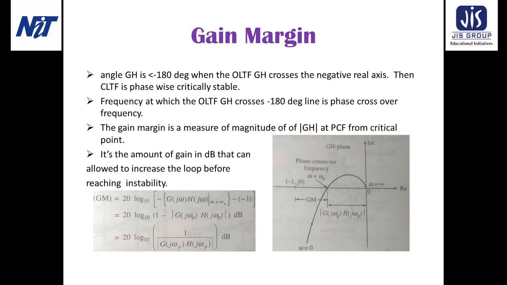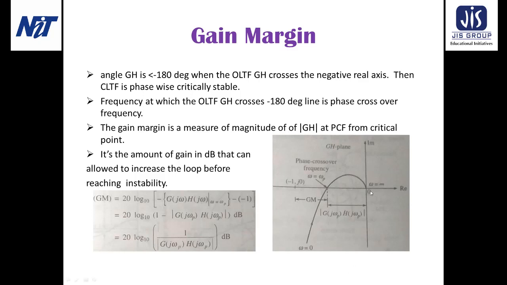So, next we will discuss the gain margin. From the relation angle of GH equal to minus 180 degree, when the open loop transfer function GH crosses the negative real axis, that is the minus 180 degree line, then the closed loop system is phase wise critically stable. Now, the frequency at which the open loop transfer function GH crosses the 180 degree line is called the phase crossover